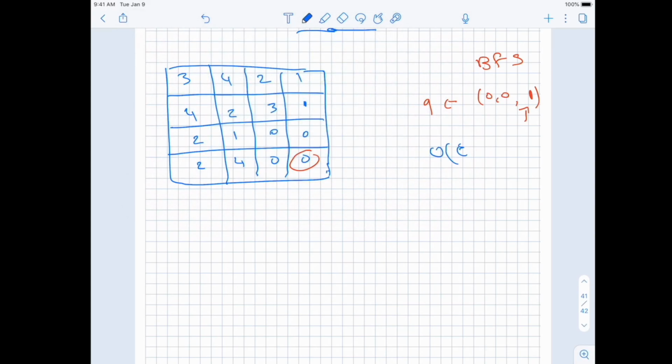Well, BFS is O of E plus V, so the number of edges and the number of vertices. Now, what is the number of vertices? Well, that's M by N, or the number of rows by the number of columns. So let's actually call it R by C. Now, the edges are the problem, right? Because each node has the value of the cell, and the value of the cell can be up to R by C. So each node can have up to R plus C, sorry,